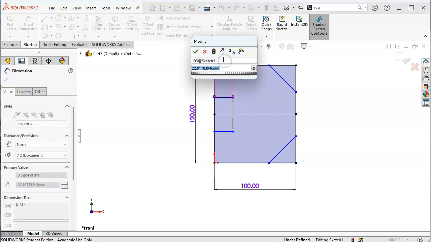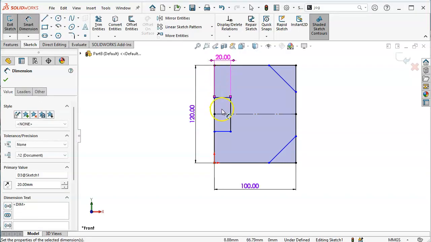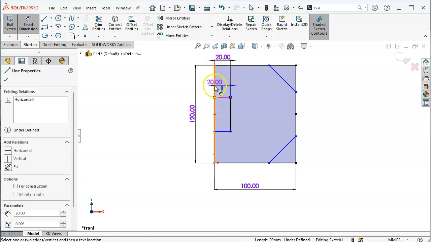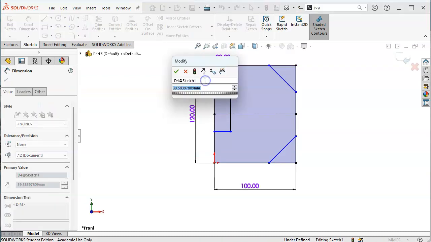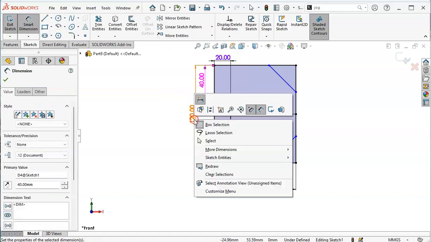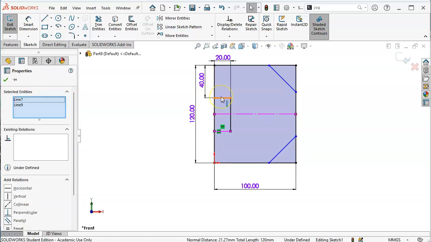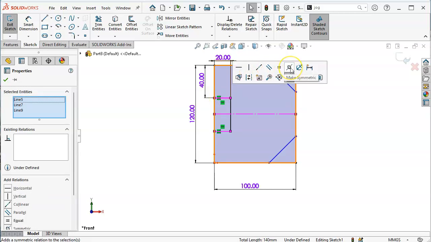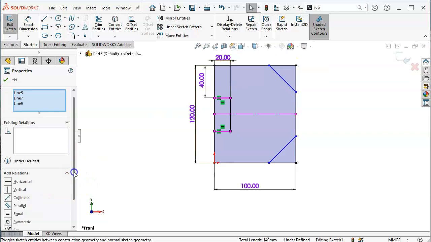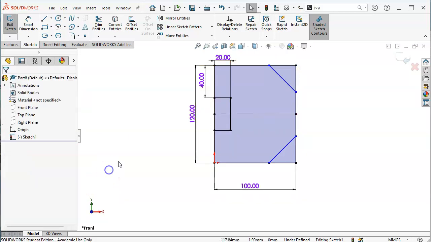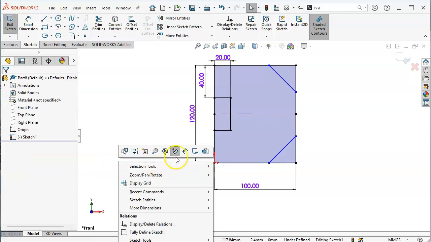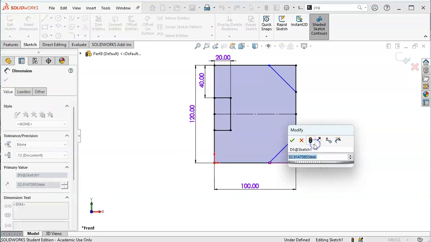So we have 20, and we have 40 from the top. So I can't pick that because it's the entire length. I need to go between the two lines. I would like this to remain symmetric, so select the object, hold down the control button, and keep holding the control button, and we'll get the other object. And then in our icons, we can make symmetric, or I can always come over to the property manager and make symmetric. All right, our dimensions then will be 20 for the height,